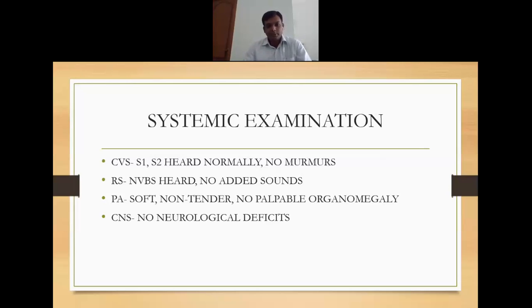For systemic examination, Sir, anything is there? Sir, in this particular, like any leg ulcer, the regional lymph nodes will be the vertical group itself. No, sir. See, always I told you, it follows the veins. What is the primary vein of the leg? The femoral vein. So along the vein, lymph nodes will be there.